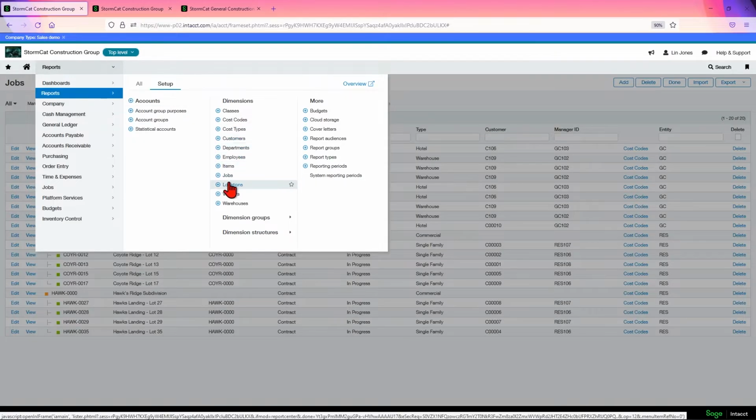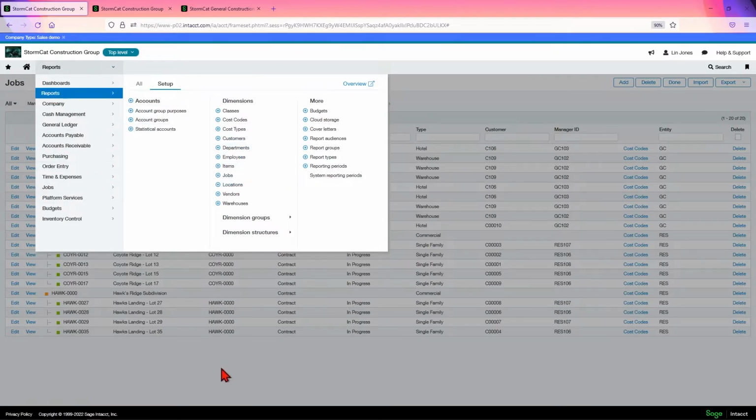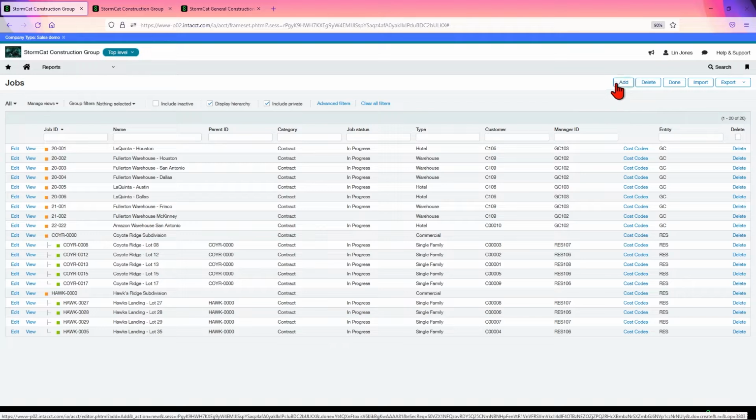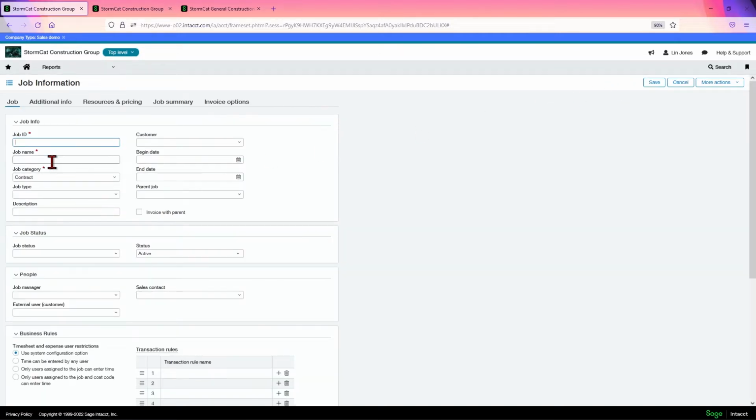Now we're going to use the report module in order to look at the jobs. Jobs, their dimension, in a lot of ways, they're more than that. If we go to add, you have your job ID, which jobs can be imported from a spreadsheet, as we'll get to in a later video, as with all dimensions.